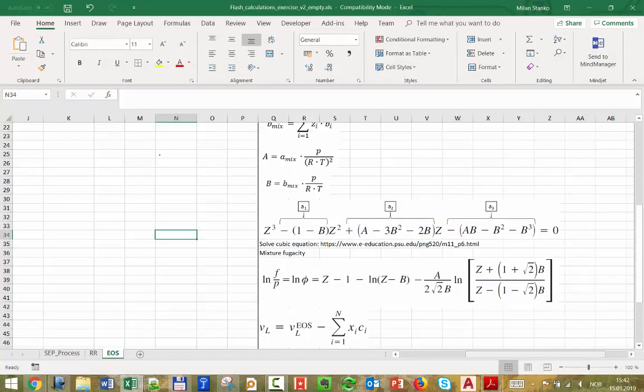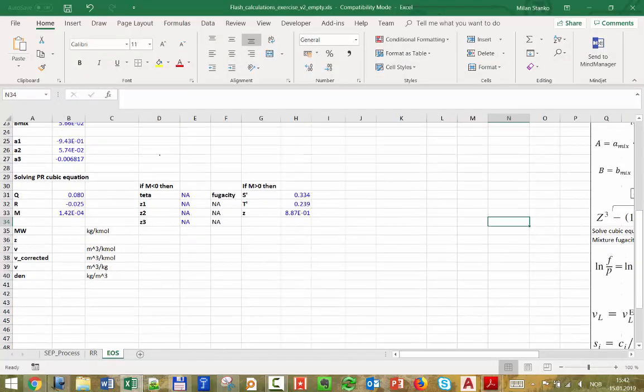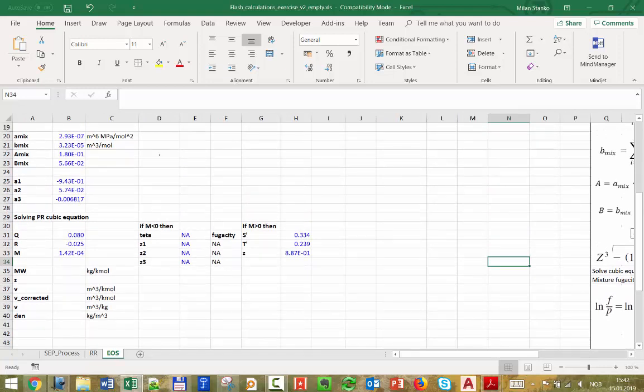But basically, I always have two options with this type of equation. If I calculate a factor called m, you can see the details in the link. If this m is less than 0, then I'm going to have three roots. If this m is greater than 0, I just have one unique root. I'm lucky, in this case I have just one root, and I'm able to find that root according to that procedure. I found Z. The next step now